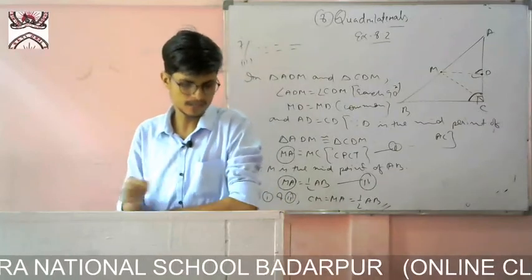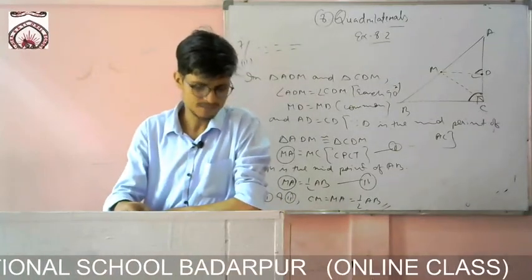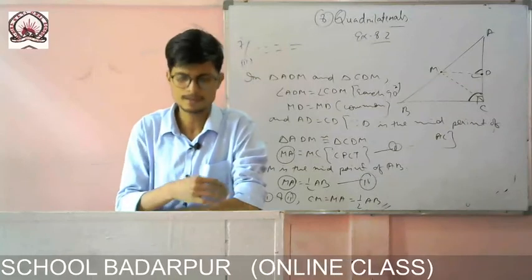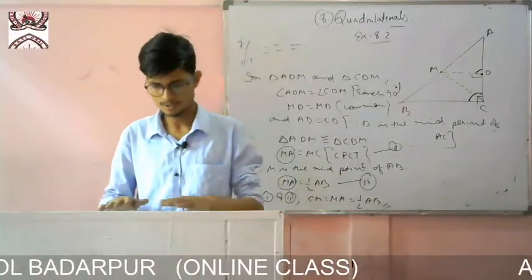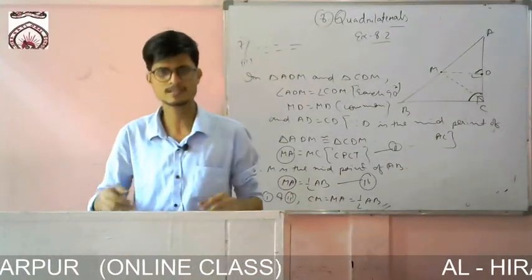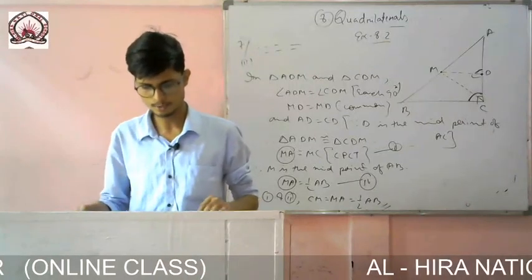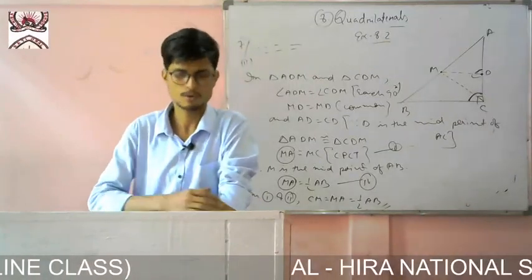There are only two examples, 7 and 8. You try this very nicely. It is done here in the book. You just read once. If you don't understand, you just call me at night. I will be there to help you. So this is the end of this chapter. You just revise this, practice again and again, and it will be clear. If you have any doubt you can call. Okay, thank you.